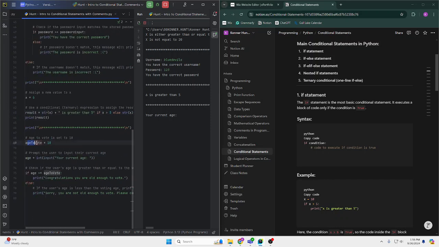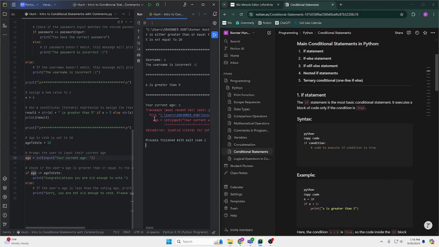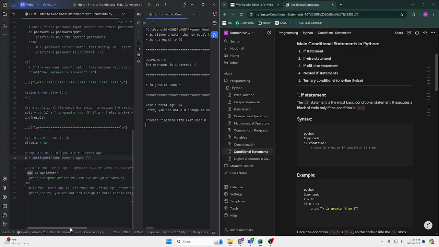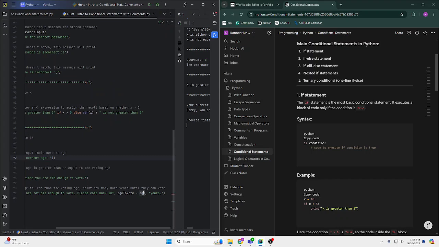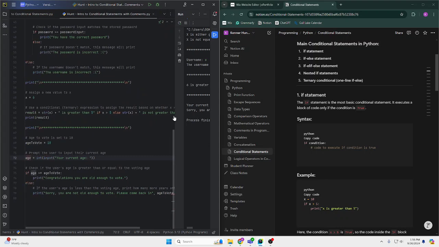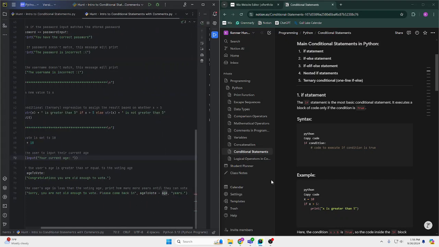Another line gap. Set the age to vote as 18. If age is greater than or equal to age to vote, it will say congratulations, you are old enough to vote, which let's say is 18. And if we put in an age less than 18, it will give us sorry, you are not old enough to vote, come back in 4 years, which is through this, because age to vote minus age will equal the years we need to get to be 18. So yeah,